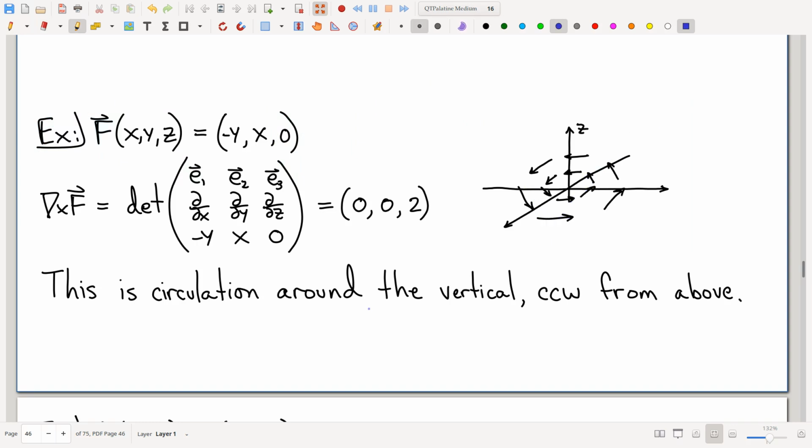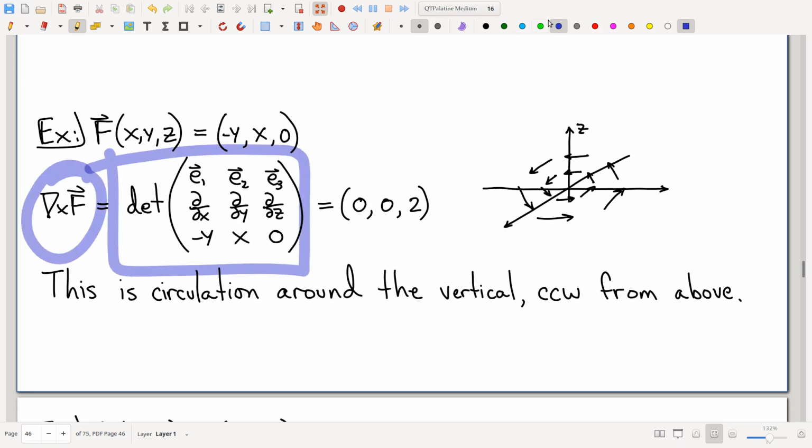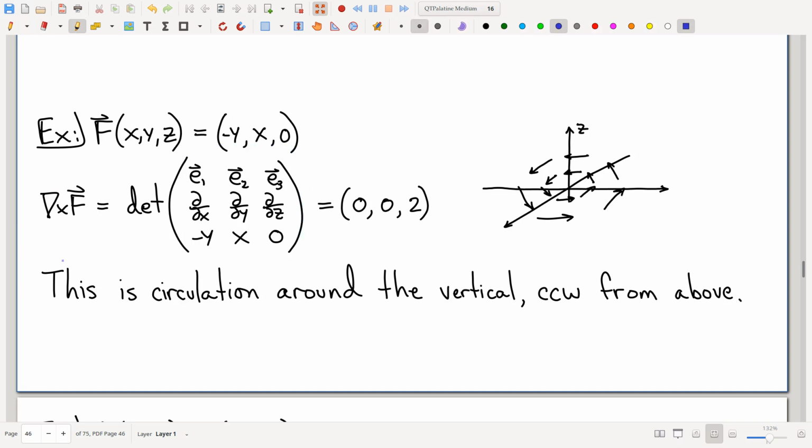Again, come talk to me if you have questions. Okay, so we compute the curl. Here's our formula for curl. Plug and chug. Good exercise, by the way. Make sure you can do this. And the curl is 0, 0, 2. Now, a couple of weird things I'll point out. First of all, that's a vector, not a scalar. What's the meaning of this being a vector? Well, that vector